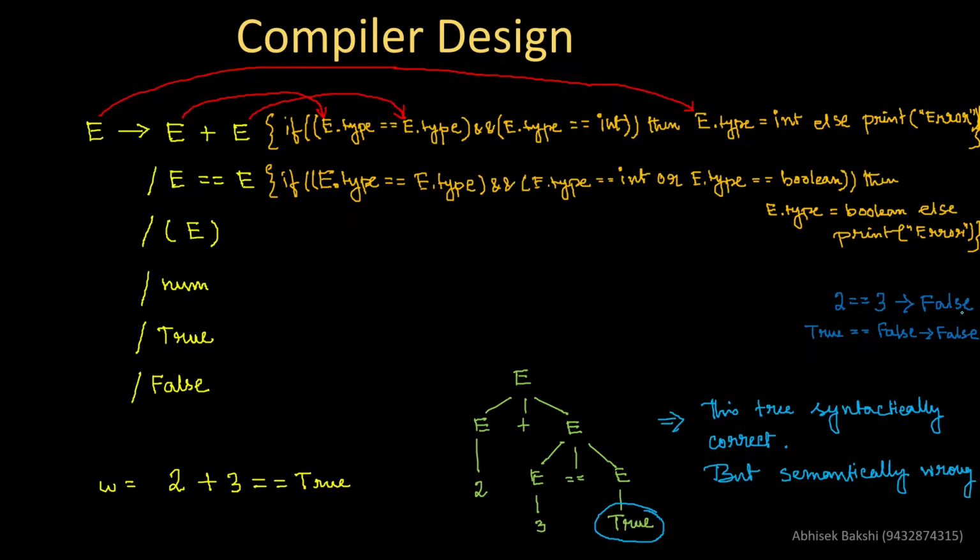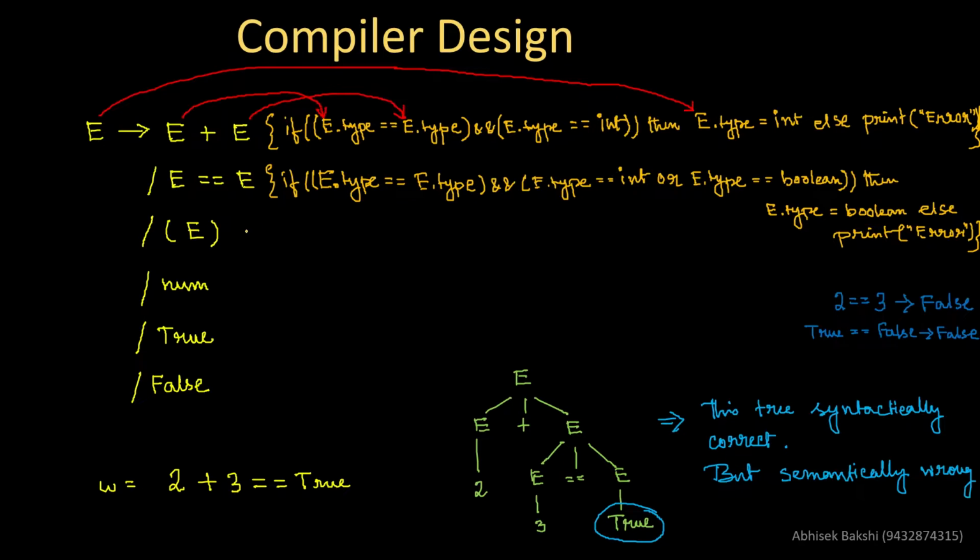Generally we see this when we check in C language: if a equal b, and a and b are two integer variables, the condition returns either true or false. That means wherever the condition's output is stored, the data type of the output is boolean, and that I have represented here. So these two parts are clear, I hope.